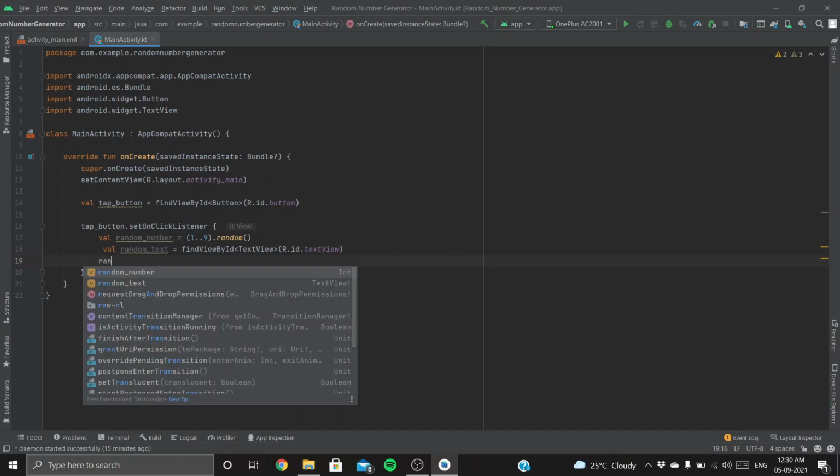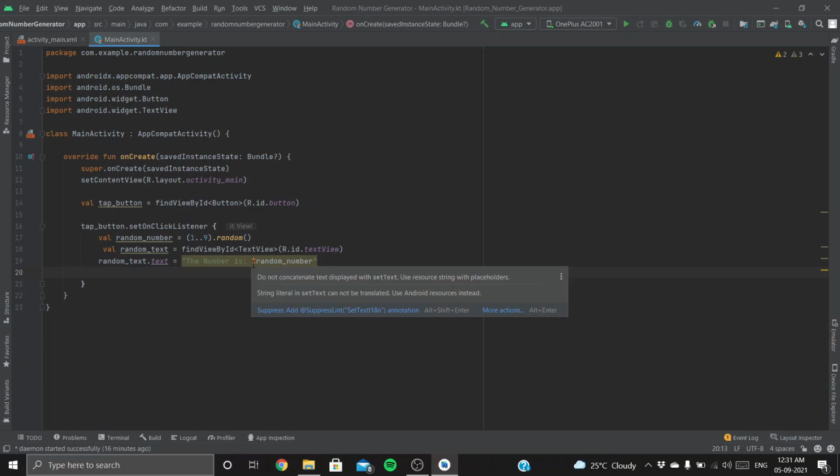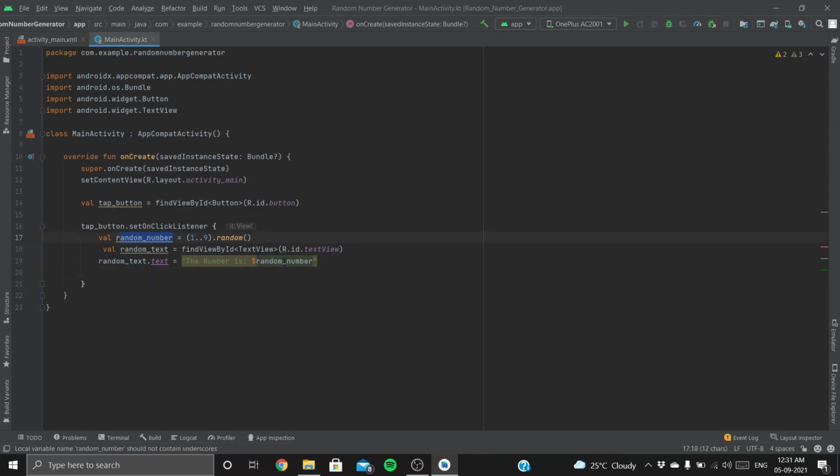And to do that, random_text.text equal to "The number is $random_number". Cool. So this $random_number prints the value of the random number here. This is actually a syntax of Kotlin. You might not understand this now, but in my next video, we'll be learning about Kotlin basics. So after watching that, you will understand this better.